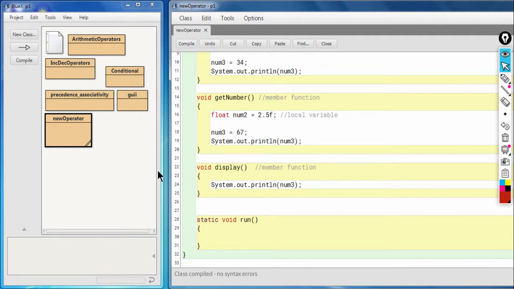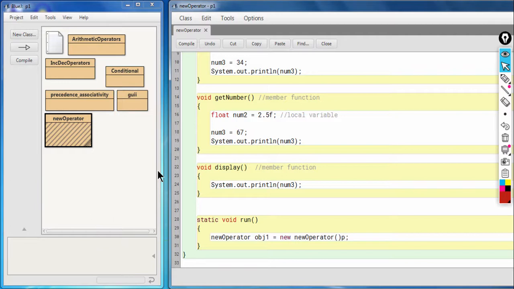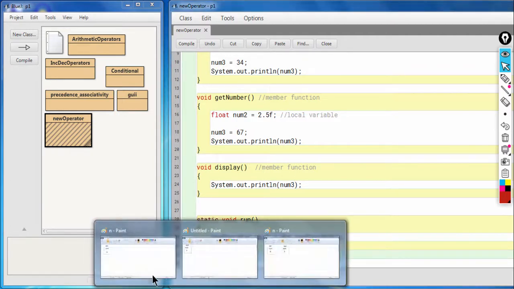The class name is new operator, then the object name obj1, this name can be anything, then equals new class name. Okay, so one object has been created and you can visualize this like this.